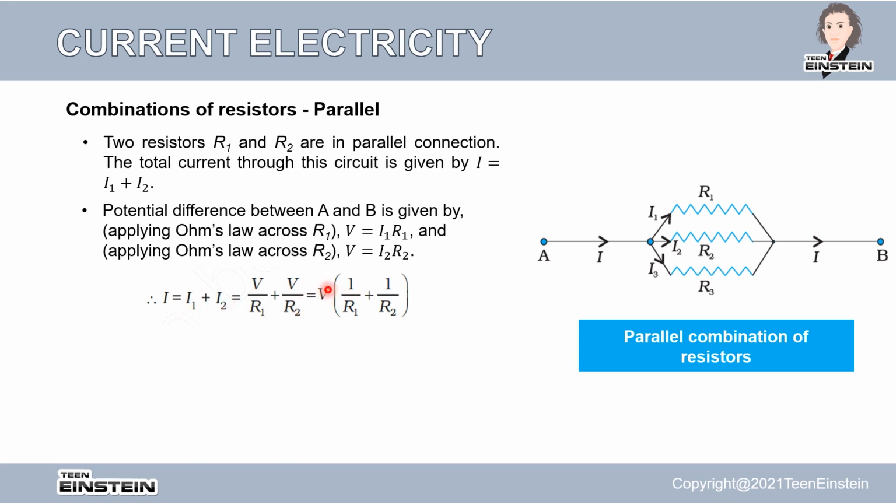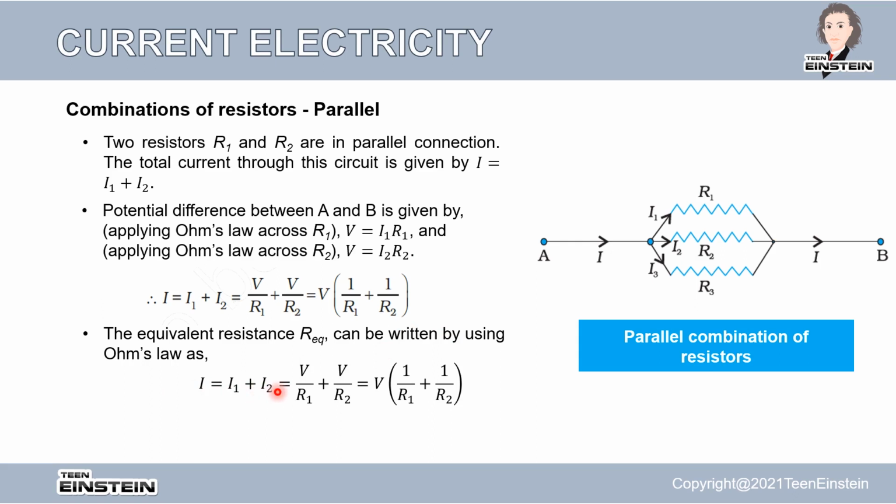So let's take V to the left hand side, and if you take this to the left hand side, then what will you get? I by V. So I by V equal to 1 by R1 plus 1 by R2. Now let's assume that R equivalent is the resistance of this whole combination. Now we get I equal to I1 plus I2. Yeah, if you take this V to the left hand side, then what you get? I equal to V by R equivalent according to Ohm's law, right? According to Ohm's law, I is just the current and V is the overall potential and R equivalent is the